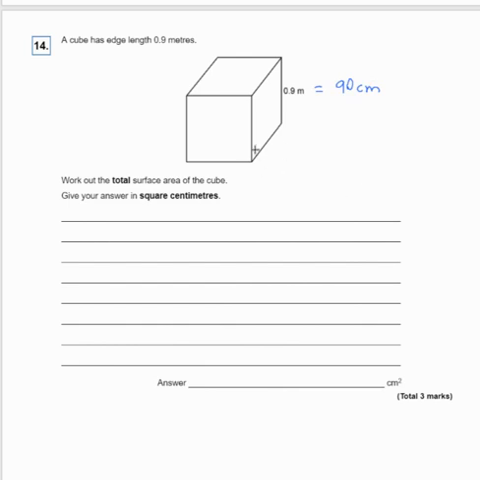I've seen so many people work out the surface area and then try to multiply by 100, and then it just goes wrong. Now we've got that. So to work out the area of one of the faces, we've got 90 centimeters and 90 centimeters over here. And the area of one face is equal to 90 centimeters by 90 centimeters, which is